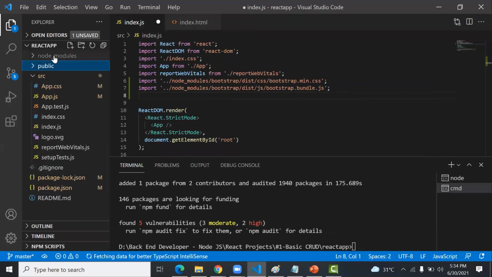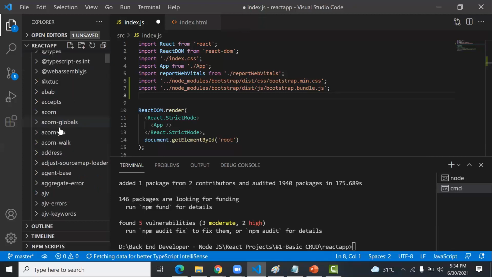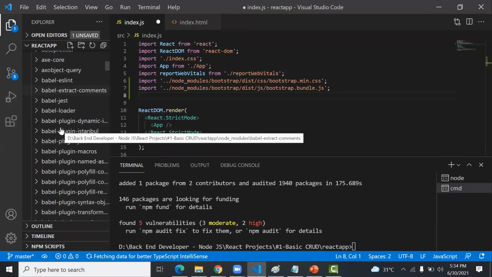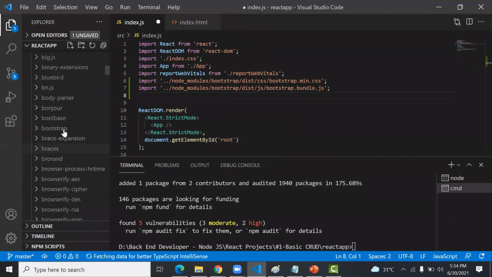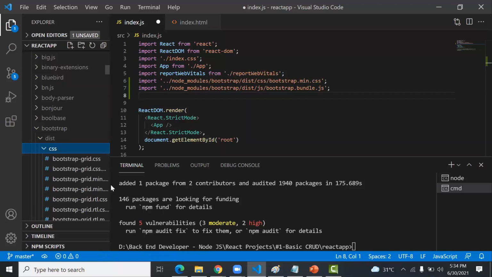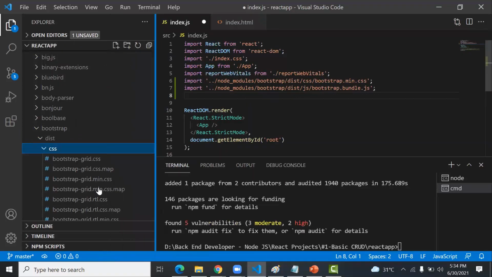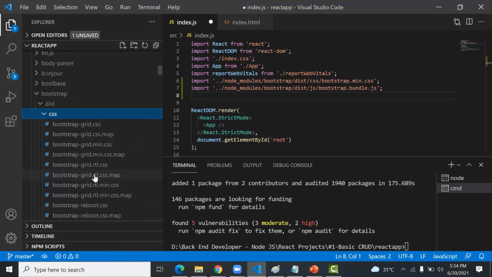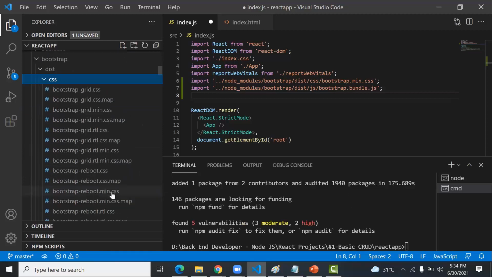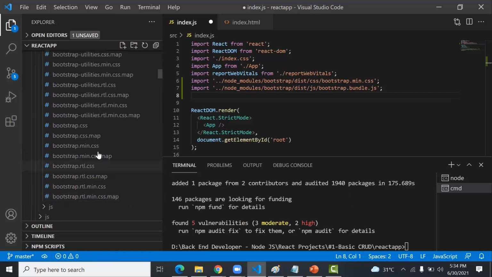So when you download Bootstrap in the node_modules, you can search the file bootstrap. So it is here. In the Bootstrap, I will find the dist. In the dist, the folder is CSS. In the CSS, the bootstrap.min.css file.